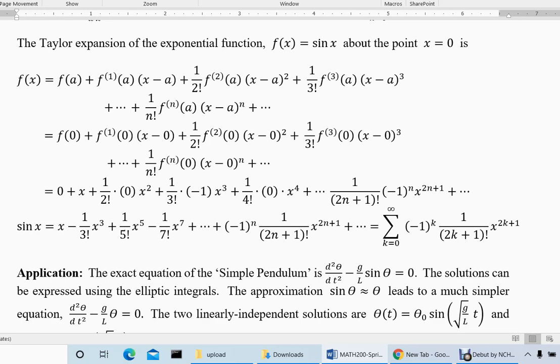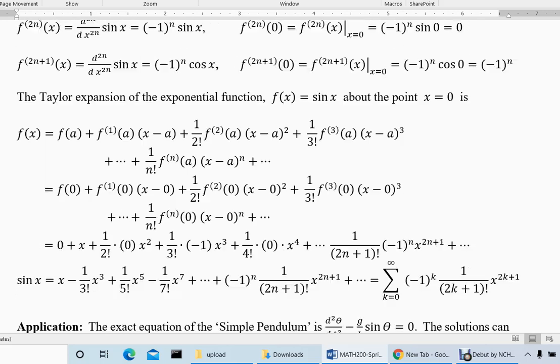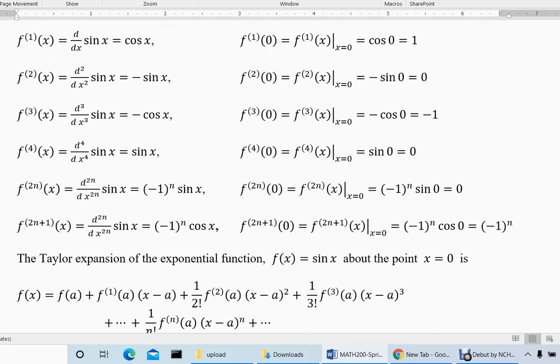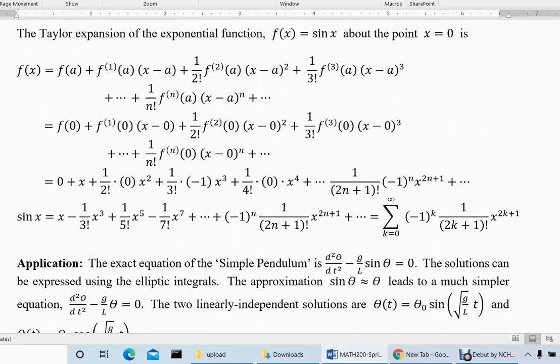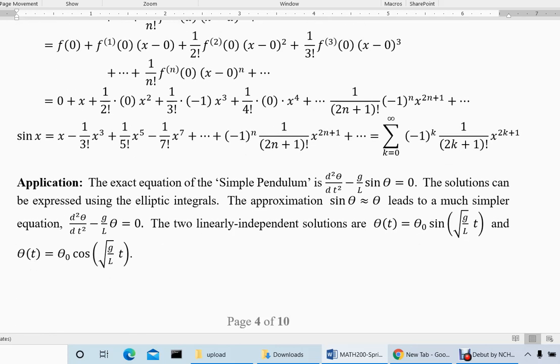Then the third derivative is, look at the table we have made here, the third derivative is minus 1, so you will get 1 by 3 factorial into minus 1 into x cube. So your Taylor expansion terms are sin x equal to x minus 1 by 3 factorial x cube plus 1 over 5 factorial x power 5. You can guess that, and again the sigma notation is there.